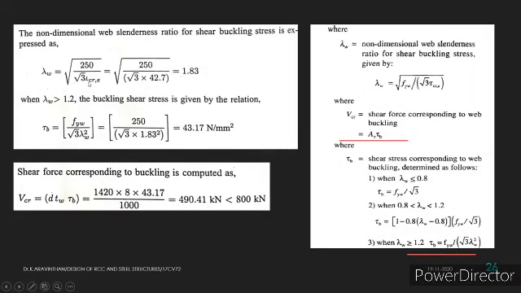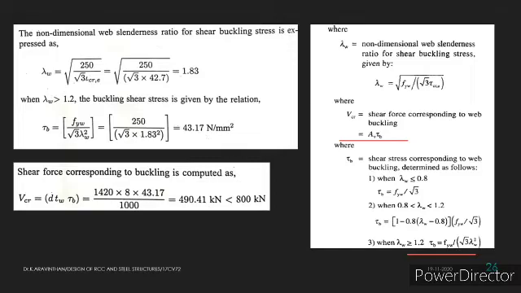Now we know that the elastic critical shear stress is 42.7. If you substitute here, our range of lambda w will be 1.83. Now, at which condition in between these three is our lambda greater than 1.2, that is, we are having 1.83, hence we can use this formula for finding tau b. This is buckling shear. If you substitute lambda w here, which is 1.83, we can find tau b, which is